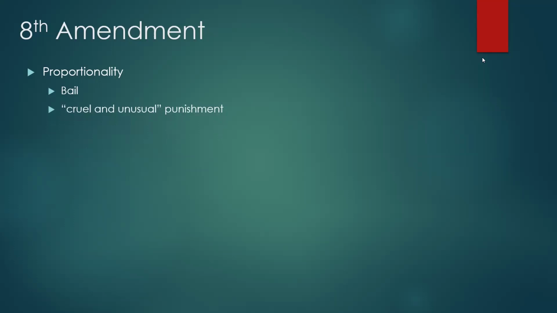Cruel and unusual punishment is the other part of proportionality. To determine what is cruel and unusual, you have to compare the crime with the punishment. And so when you're talking about proportionality and punishment fitting the crime, you look at the nature of the crime and the extent of the punishment. And where we get to the ultimate form of punishment, the death penalty, that is where the determination of what is cruel and unusual has evolved. It has changed over time.